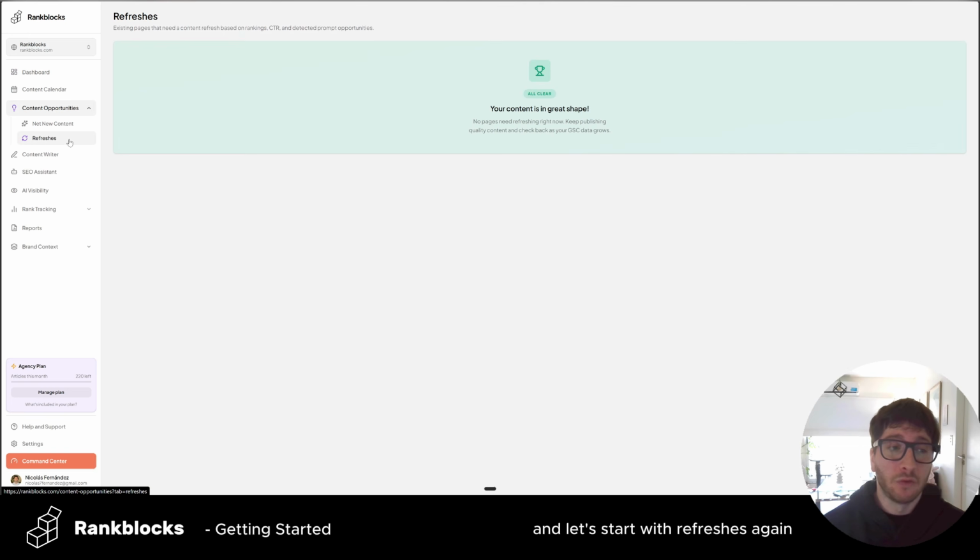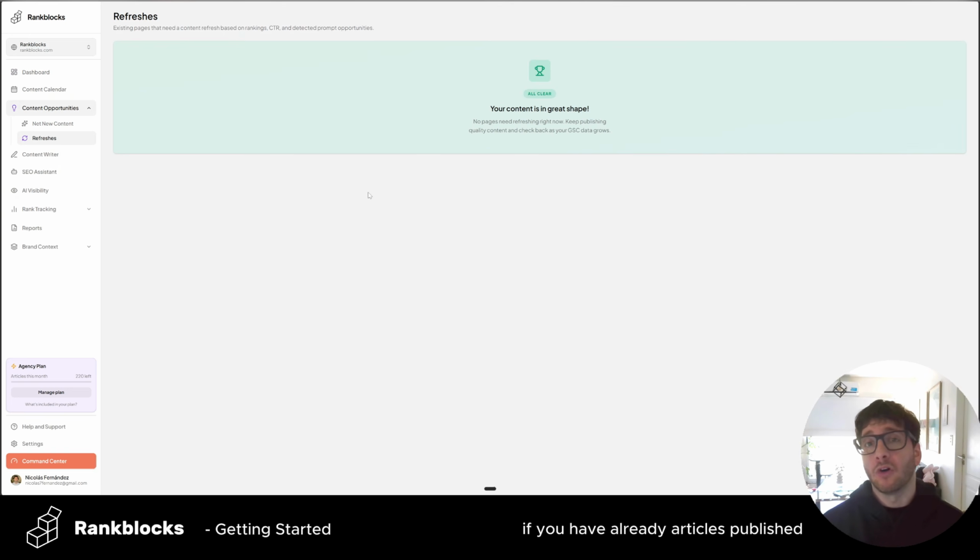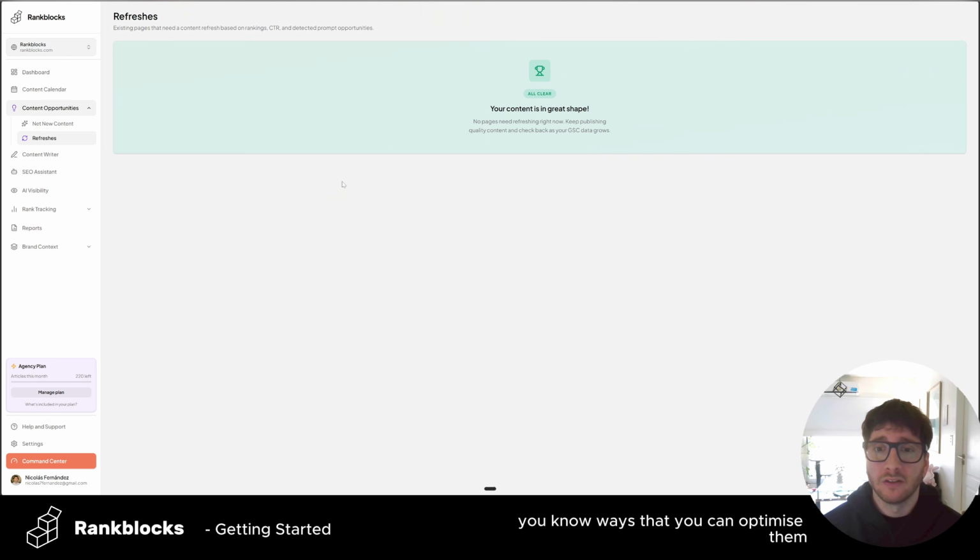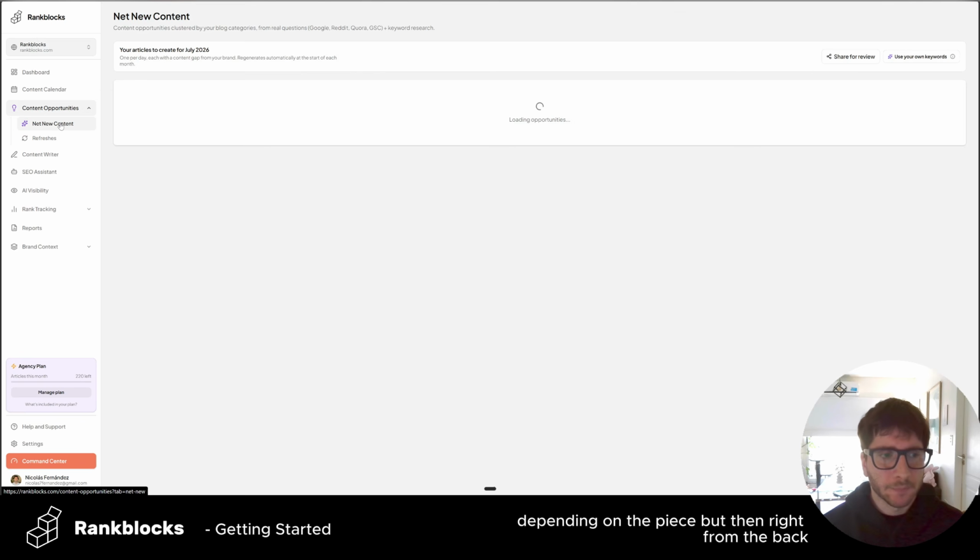And let's start with refreshes. Again, if you have already articles published that are ranking for keywords, this will be extracting those and giving you ways that you can optimize them, and that will be done for you too, and refreshing that with up-to-date data, adding links, removing links, adding content based on content gap or not, depending on the piece. But then right from the back,